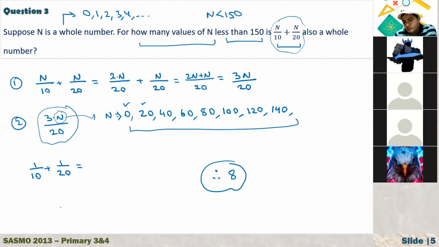I know. Sadiq, how do we add two fractions? We should bring a common denominator, right? This 1 over 10, an equivalent fraction: I can multiply numerator and denominator by 2. 2 times 1 is 2, 2 times 10 is 20. Plus 1 over 20. Now denominators are the same. You just write the denominator and add the numerators. 2 plus 1 is 3. Right? And also here we have n. That's why I wrote 3 times n. We have n also there.